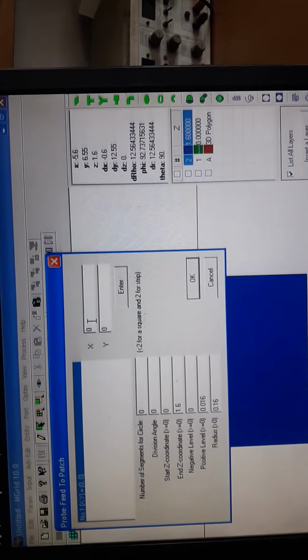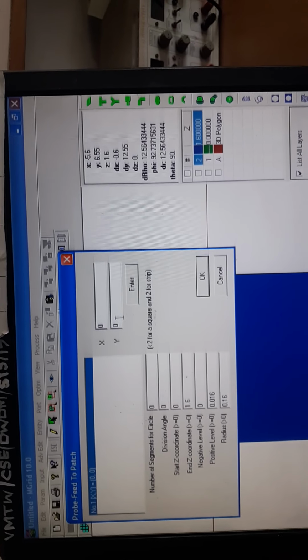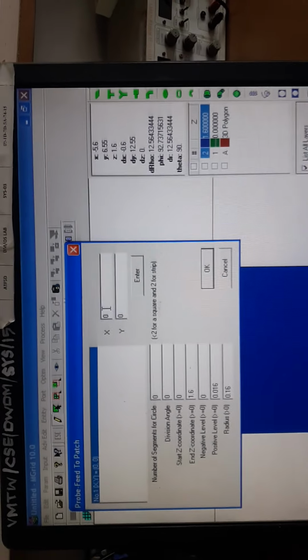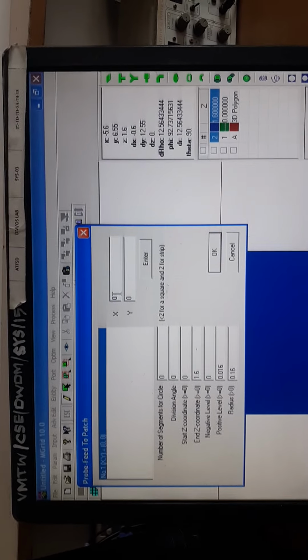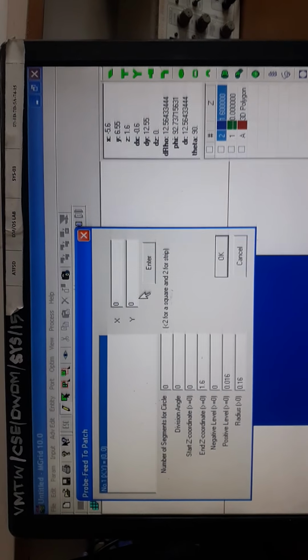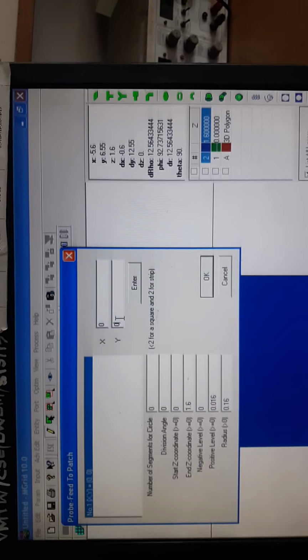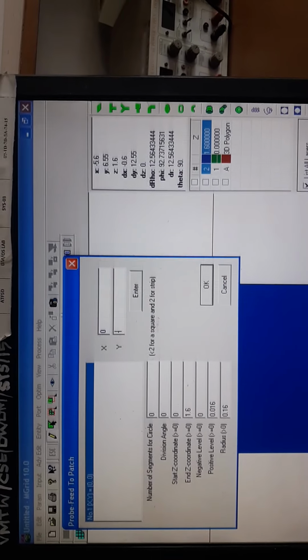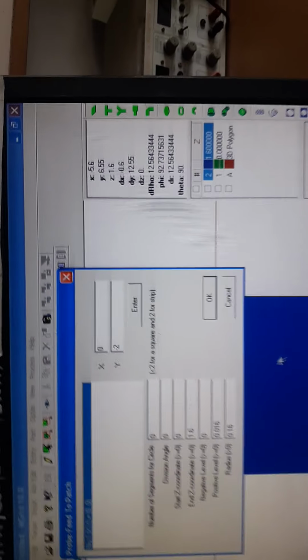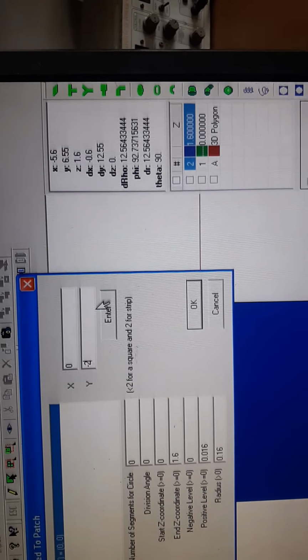Now we go to Entity and then to Probe Fit to Patch. Here you can see the xy coordinate is 0 and 0. So what do we have to change? Whatever coordinate we were told, we have to change that. So x will be 0 and y will be minus 2. Here another option is Enter.